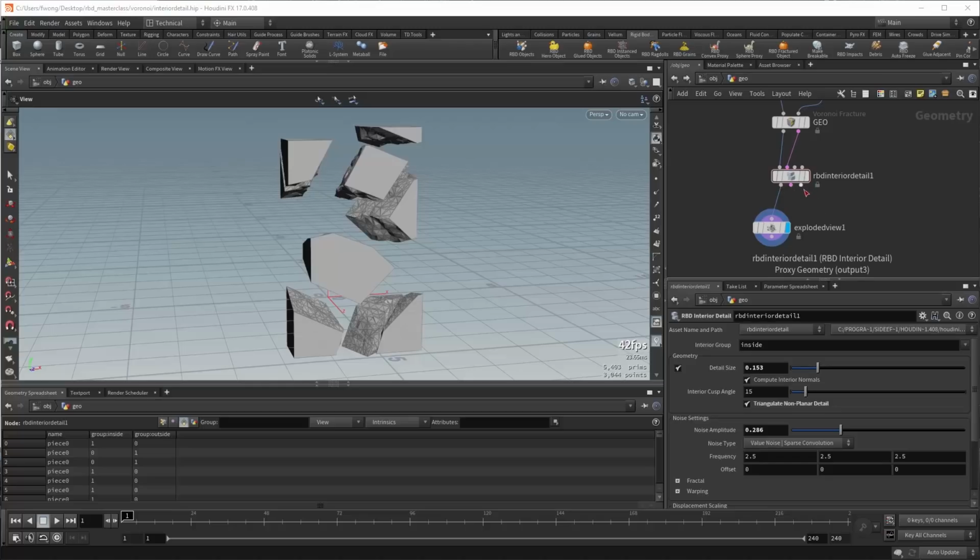Then the third output provides proxy geometry. This lets you carry along a low-res or proxy geometry representation alongside the fracture geometry and also alongside the constraints. This is a similar workflow to what Vellum tools are doing, if you've already used that in Houdini 17, but instead of the third output being the collision geometry for Vellum, it's being used for the proxy geometry